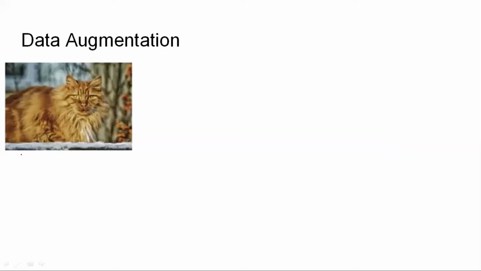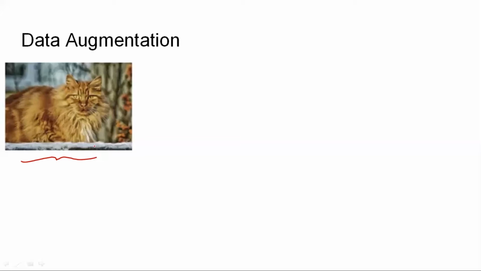So let us take an example, the cat classification problem. Basically you need to predict y equal to 0 if this is not a cat picture, and you need to predict y equal to 1 if this is the image of a cat. So you have a limited data set with you, and due to the limited data set you are facing the problem of high variance. Now, what I can do is make some modification in this image, and after this modification, this image will become new data for the learning algorithm.